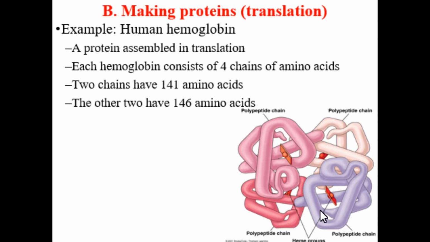This is happening all the time. We make so many red blood cells, and we go through so much hemoglobin and so many red blood cells in our body that these proteins are being synthesized all the time. Red blood cells are being made all the time. Hemoglobin is being made all the time. It's very important for us, carrying oxygen in our blood. Okay,